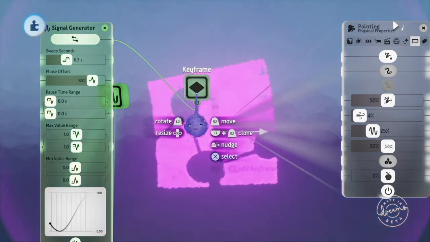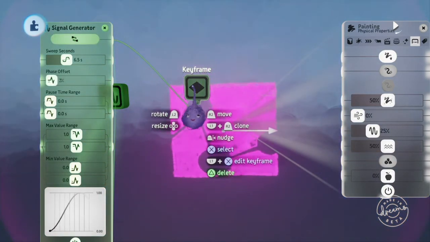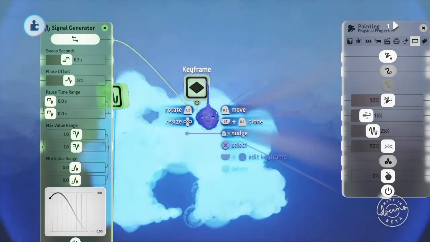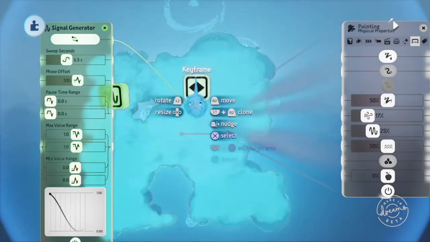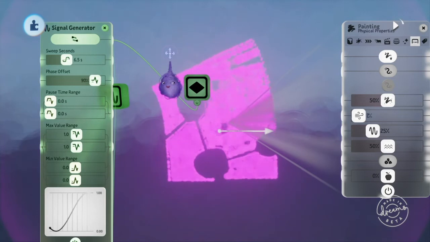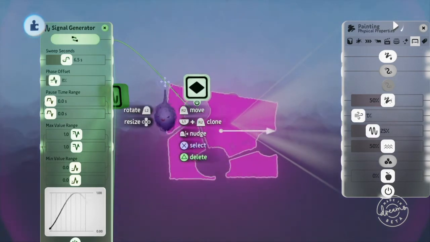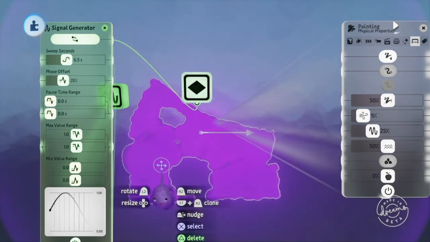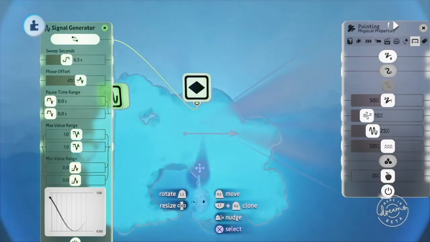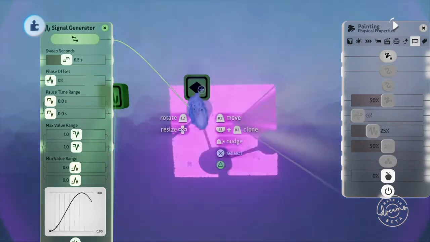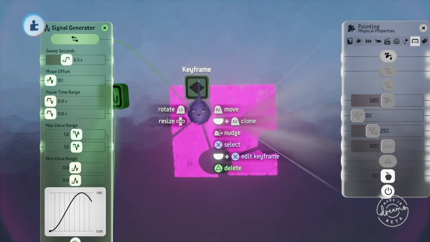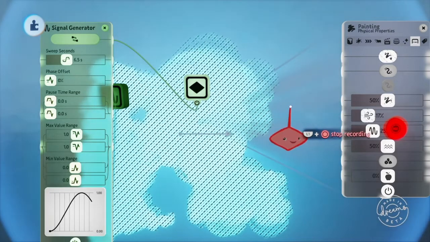And you can use keyframes to change settings on characters. You can use keyframes to do almost anything. You can't use a keyframe to actually stamp an object into a scene or make changes within a sculpture or a painting, but you can make changes. Anything that you can do in assembly mode, you can do with a keyframe, like scaling, rotation, all that kind of stuff. If you're not happy with the keyframe, you can press R1 and X, and now we're in here